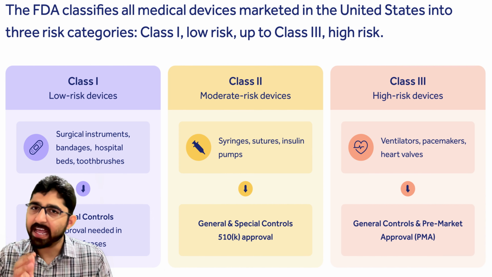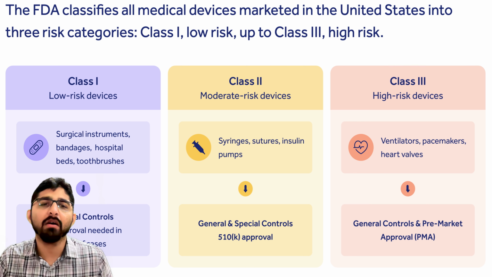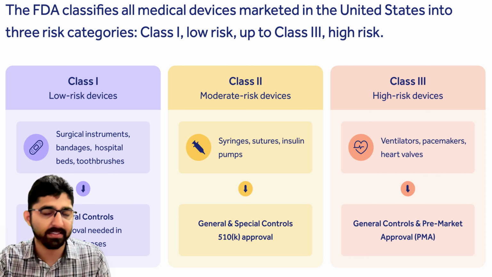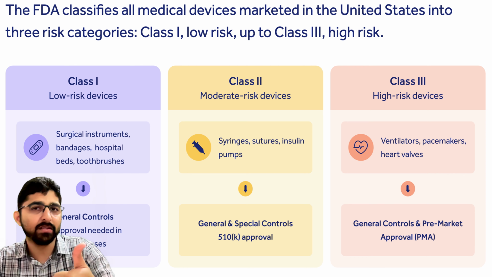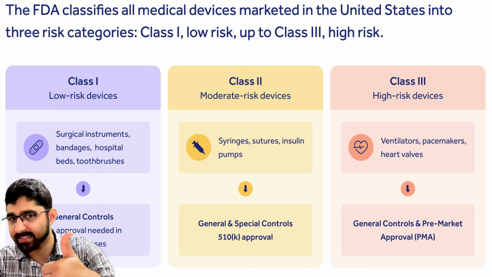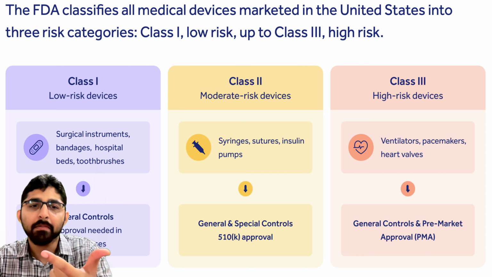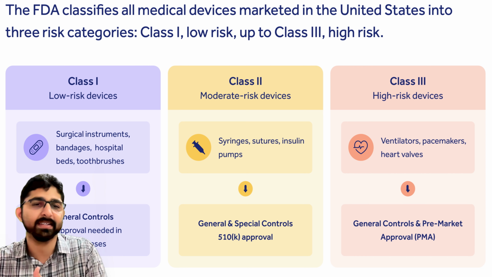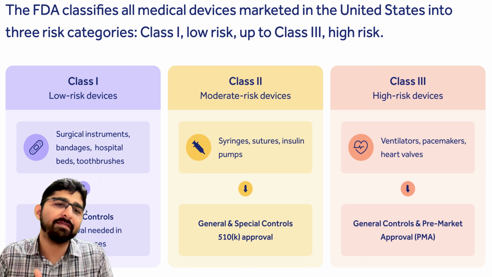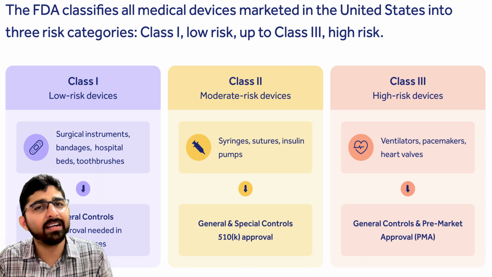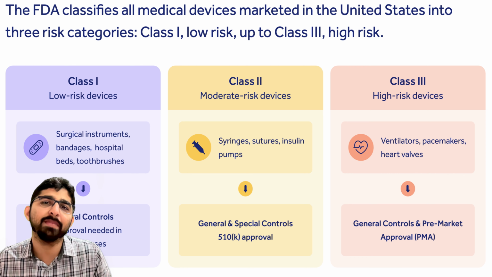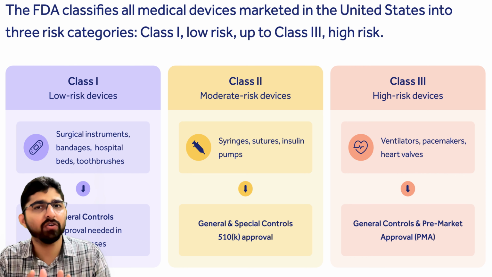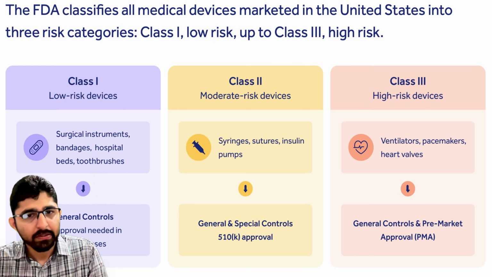So my friends, the FDA has classified all medical devices which are marketed into the United States into 3 risk categories. The first one is Class 1, which is stated as low risk devices. Class 2 are moderate risk devices. Class 3 are high risk devices. Based on the classification of the medical devices, there are different categories of medical devices which are laid down in their respective sections, right. So I hope this is clear, my friends. So basically